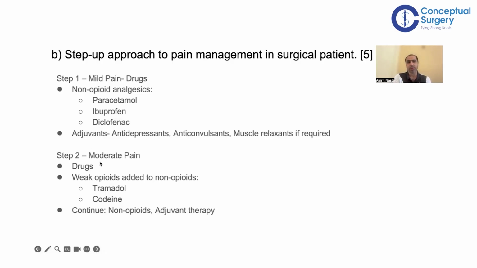So here you start with weaker opioids like tramadol, codeine, and then you can step up to other morphine analogs like plain morphine or nalorphine, buprenorphine. These are the other morphine analogs which are used, and they come available in patches also. So they can be used either orally or as a transdermal patch,